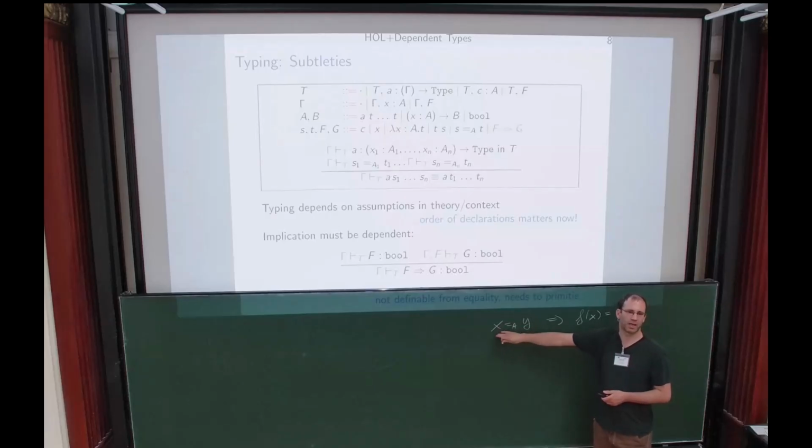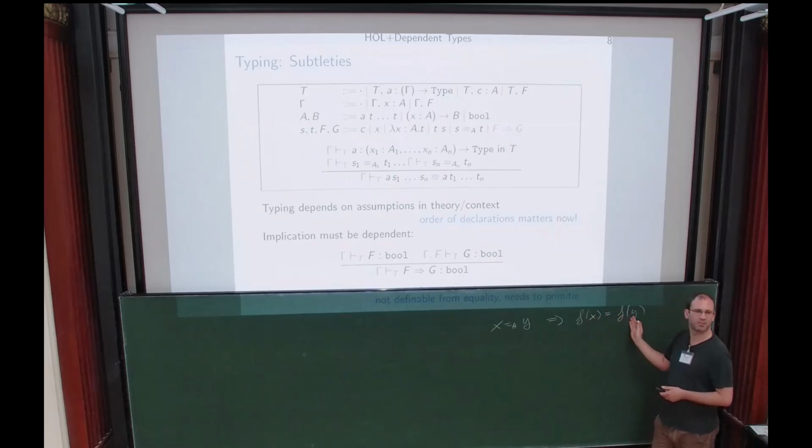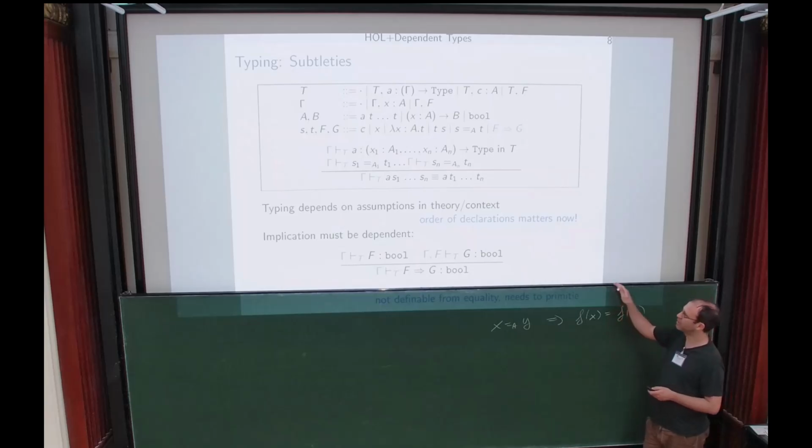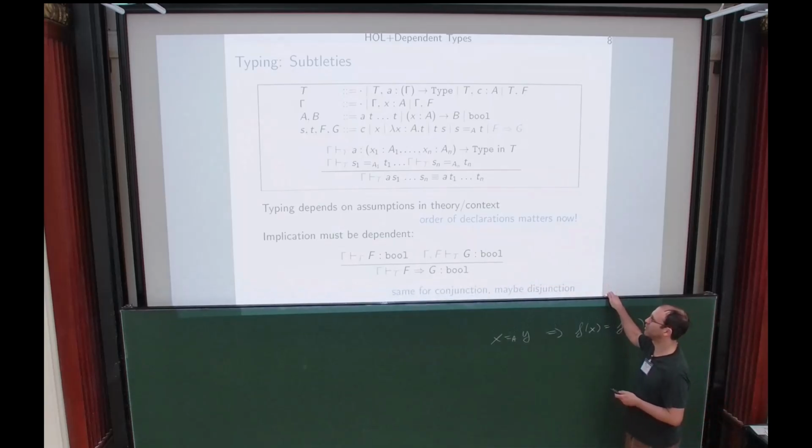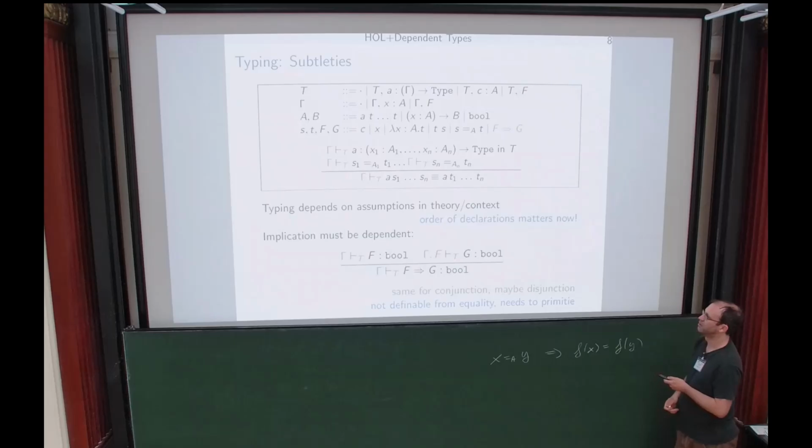Because if x and y aren't equal, then these two terms don't have the same type to begin with, so the equality is not well formed. So we have to tweak our well-formedness rule for implication to look like this. F is a normal Boolean, but then when we're checking the right-hand side of the implication, we're already assuming the